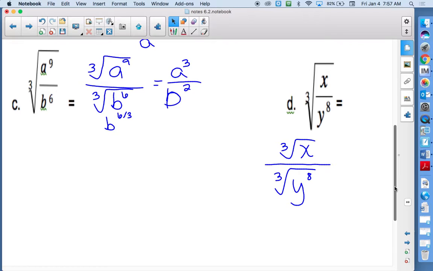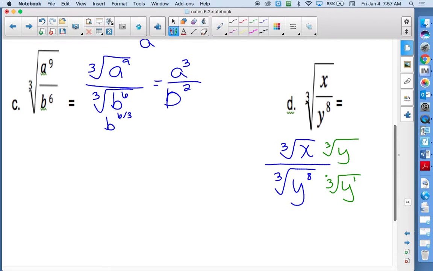Connor, what do you think? Multiply by y again so it becomes... Yeah, very good. So we want this y to be a 9 so that we can divide it. Well, you're allowed to do anything to a fraction as long as you do the same thing to the bottom and the top. So we're going to multiply this by the cube root of y to the 1st so that it becomes 9. Because I have 8, we just need an extra one to make it 9. And again, you're allowed to do that as long as you do the same thing to the top and bottom